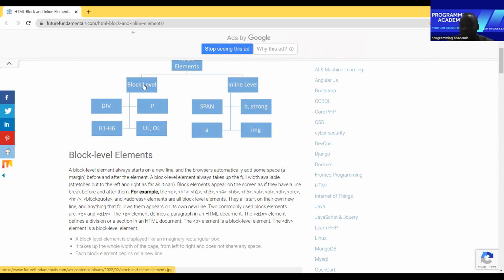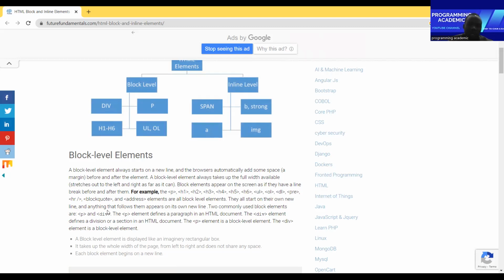Okay, so there are block levels and inline levels. They are very similar, but I don't want you to be confused. So now we are going to study block level. You see here, for example, the P and the H1, H2, and H4 till 6, this one, the ul, and ol, and li. All these things will be block levels